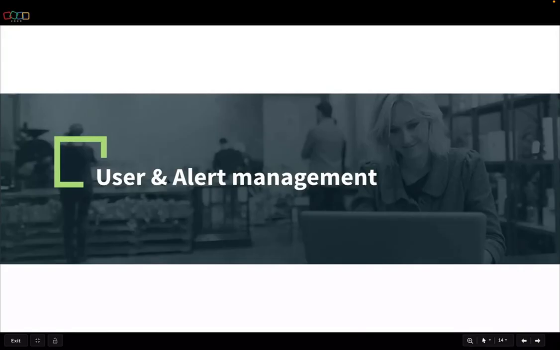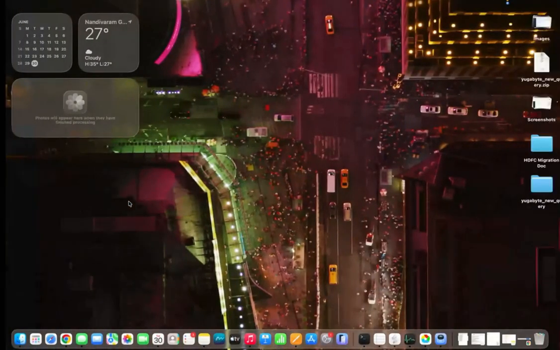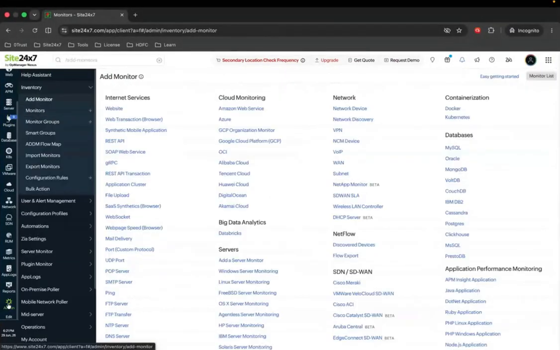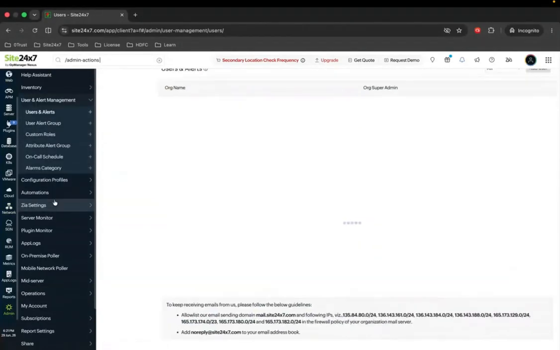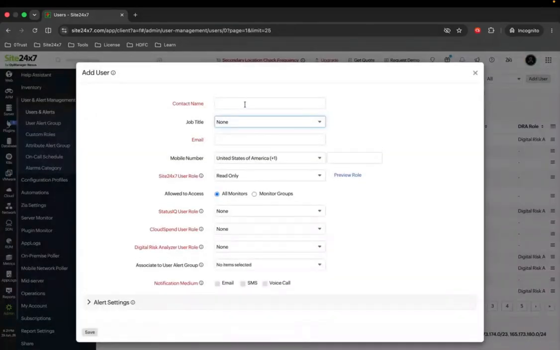And let us move to user and alert management. Here we'll see how we can add a user in Site24x7. In Site24x7, we just have to navigate to Admin and User & Alert Management, and there we'll see an option called Users and Alerts where we'll be able to add a user. So for example,